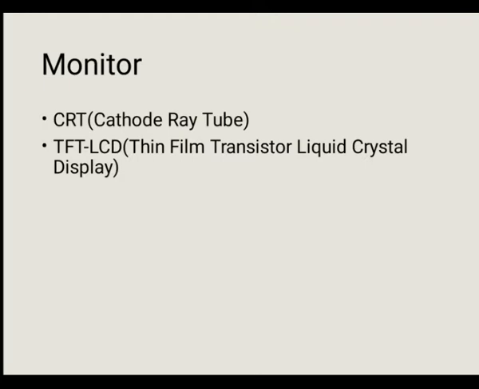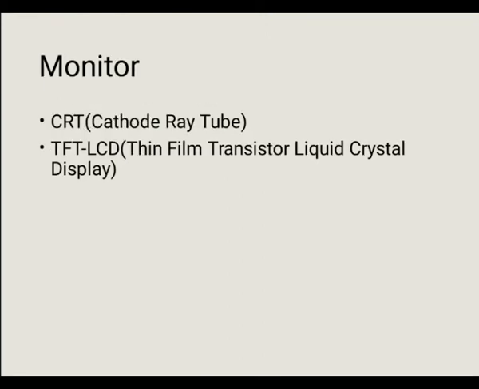Next is the monitor. There are basically two types of monitor that are used in desktop publishing. First is the cathode ray tube, that is CRT. A visual display unit or CRT monitor is similar to a television and its size is measured in the diagonal length of the screen. Monitors are available in different sizes like 12-inch, 14-inch and even 21-inch. It shows text or pictures in color or black and white depending on the type. Color monitors are costlier than black and white monitors. Whatever you type on the keyboard, you can see it on the monitor.